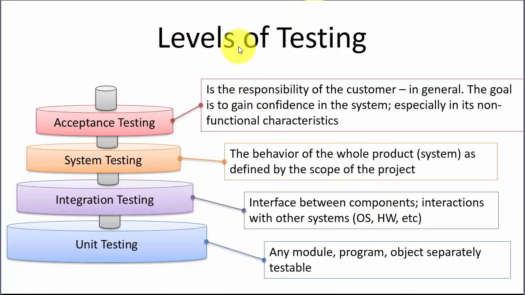We can also divide testing into different levels. At the bottom we have unit testing. In this case we test a module, a program, or an object or a class, and we test that part independently of the rest of the system. The next level is integration testing. Then we test the interface between the different components and how these components interact with other components or systems. The next level of testing is system testing, and then we test the behavior of the whole product or the whole system